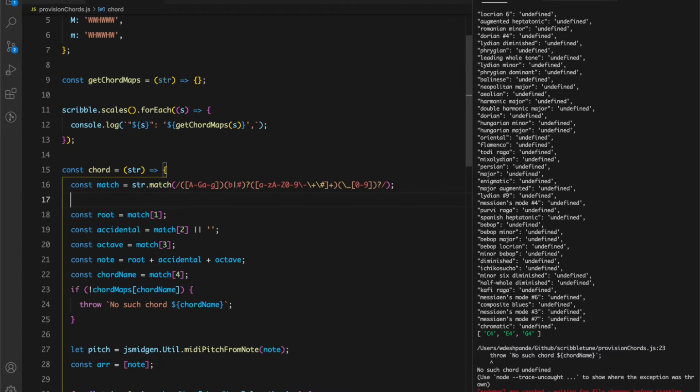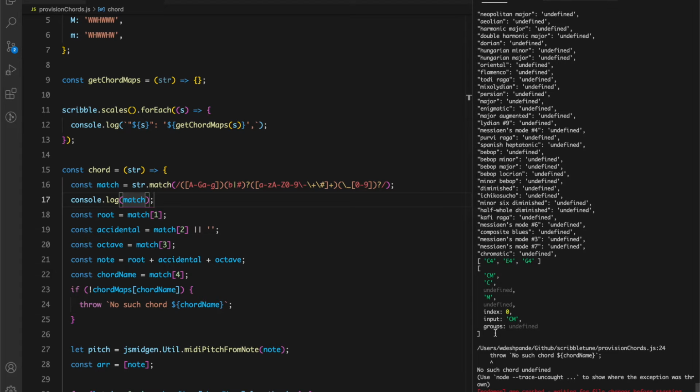So let's start by consoling out the match. Okay, so here we have the match. The first is just the match. This is the root, which makes sense, it's 1. Accidental, we don't have an accidental. 0, 1, 2, 3. 3 is the chord. Okay, that's the problem. So the chord name is actually 3, and octave is 0, 1, 2, 3, 4. Octave is not defined. So if it is not defined, first of all, it is 4.